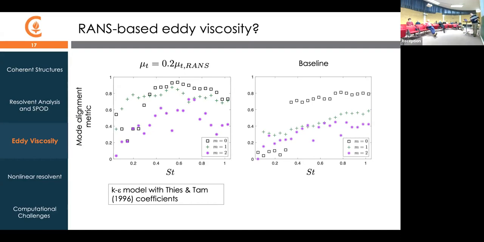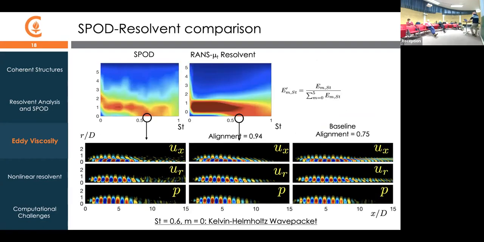And so this is another optimal calculation of the structure of the eddy viscosity field fixed from the RANS. And again, you see that this really does substantially improve the alignment. It's almost as good as the optimal mode, especially for the m equals 0 mode. It brings the alignments up to at least 50% over most of the frequencies, so that at least it's qualitative agreement, if not quantitative agreement.